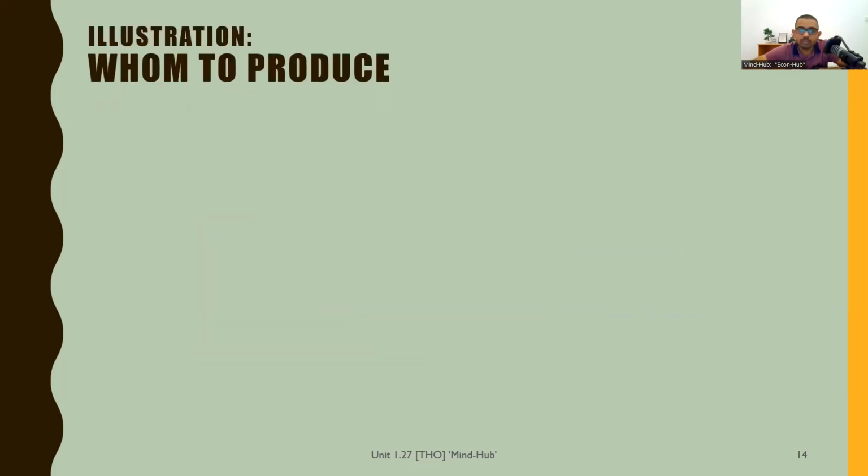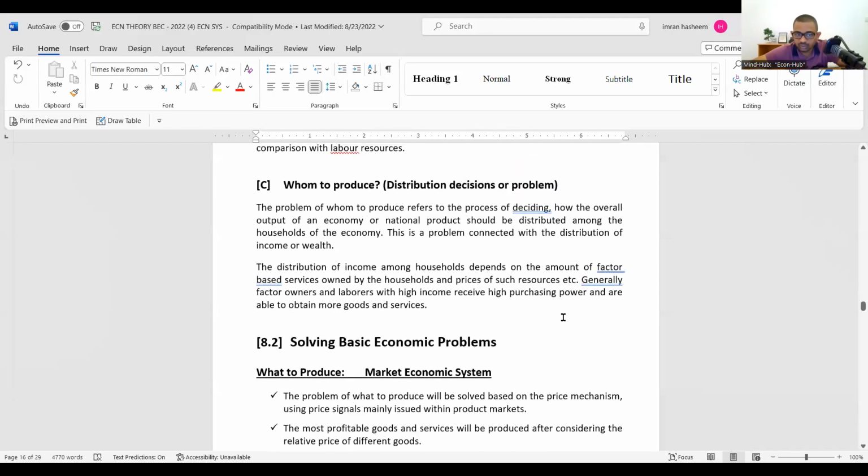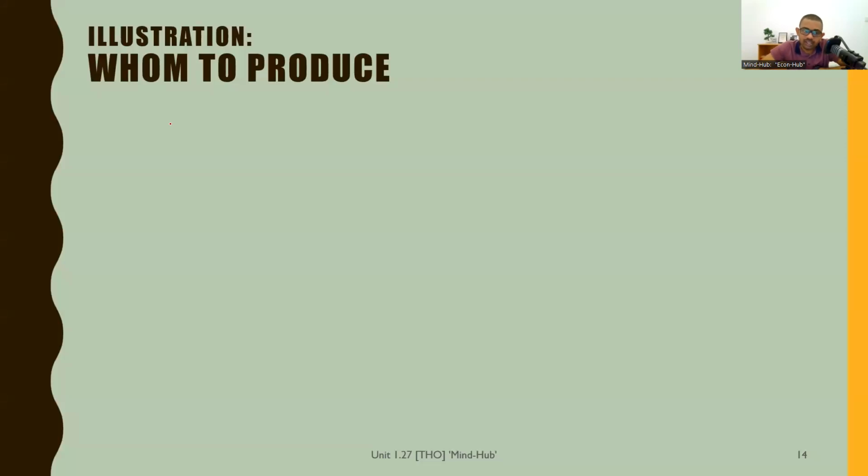Right. Then the problem of for whom to produce. Now I have explained the problem well in the note. Okay, for whom to produce, everything you need to know is here. I'll give you the basic idea very quickly, then we should be okay. Right, first and foremost, whether it's a market economy or a command economic system, either of these, the problem of for whom to produce depends on, we have to be clear on this, depends on